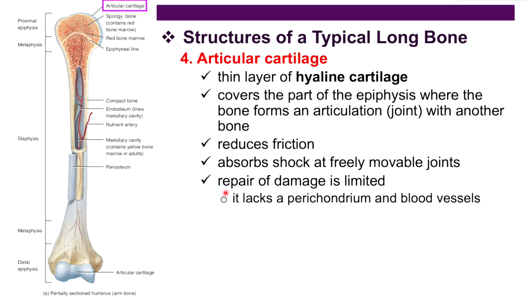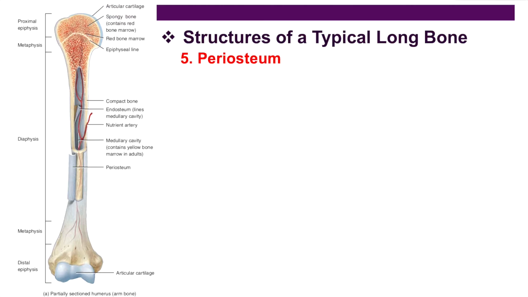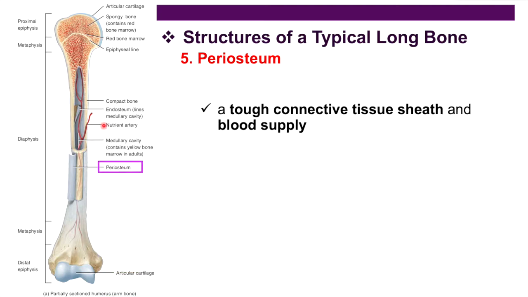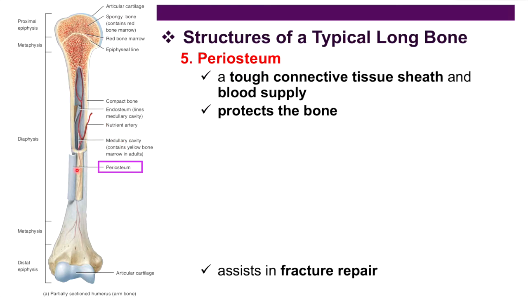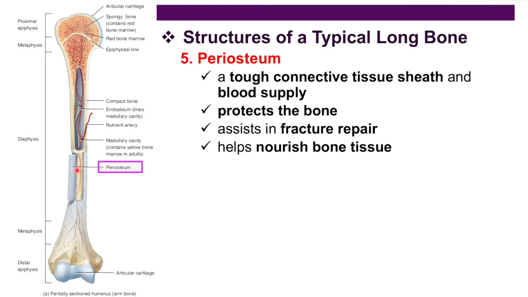The perichondrium is a layer of dense irregular connective tissue that surrounds the cartilage of developing bone. This bone surface that is not covered by the articular cartilage is covered by this periosteum, which is a tough connective tissue sheath and associated blood supply. Some of the cells here enable bone to grow in thickness but not in length. It also protects the bone, assists in fracture repair, helps nourish bone tissues, and serves as an attachment point for